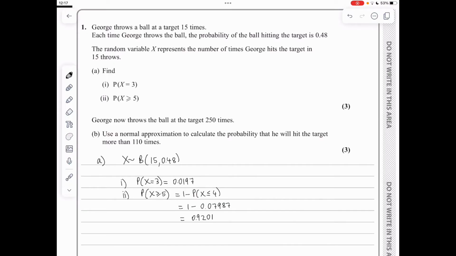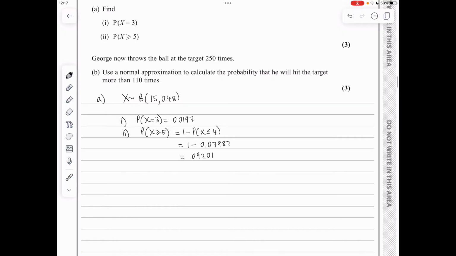0.07987, which gives an answer of 0.9201. We are then told that George throws the ball at the target 250 times, and we need to use a normal approximation to calculate the probability of hitting the target more than 110 times. So the first thing we need to do here is write down the new distribution for x. It is still binomial, however, n is 250, p is 0.48. We've got a large n and the value for p which is close to 0.5, so a normal distribution makes